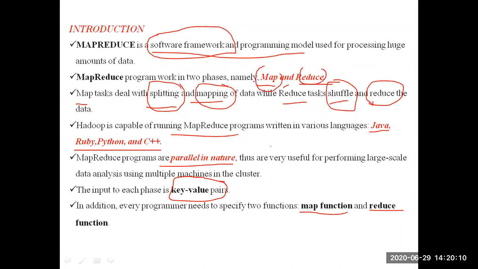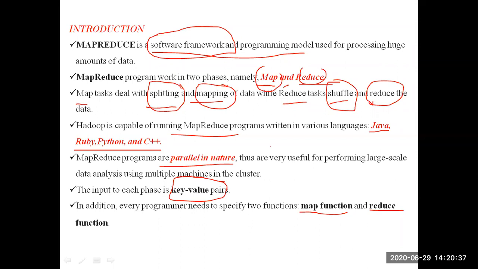He is manufacturing different types of soaps: soap A, B, C, D. Four categories of soap he is manufacturing and selling. One type of analysis he wants to know is on which type of soaps, either A or B or C or D, the customers are showing more interest. That is one type of analysis. The second type of analysis is which category of soaps are giving more profit to the company.